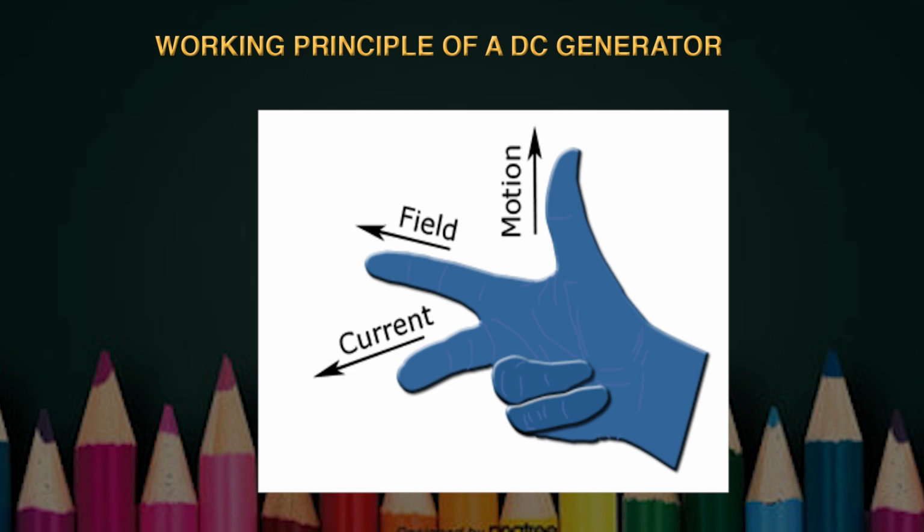Here you can see, just take the direction of the magnetic field from north to south pole. You can apply Fleming's right hand rule in this way. Suppose you are applying this rule: this finger will show the direction of the magnetic field, and this thumb is showing the direction of the conductor. This conductor is moving from the lower side to the upper side, so this thumb shows the direction of the conductor. This finger will show the direction of the current produced in the coil. In this way you can apply Fleming's right hand rule.